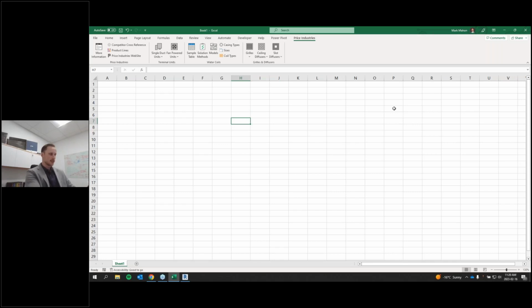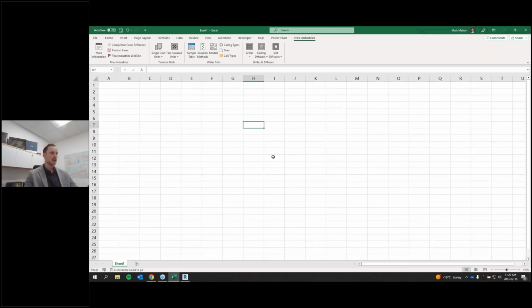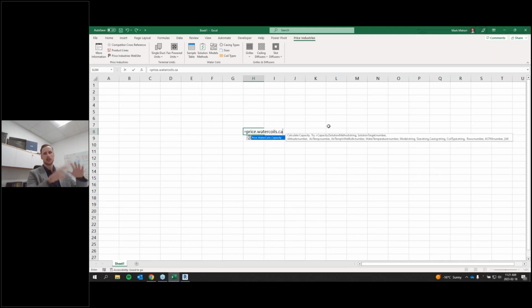And functionally, what is this? Well, in the same way that I can type equals sum or equals average or whatever kind of function I would typically use in Excel, now I also have the ability to, for instance, get price.watercoils.capacity. So an actual Price water coil function embedded in Excel that I can put into any format, any template that I'd like, that calculates Price water coil performance. And so obviously that's pretty cool. The use cases are endless,